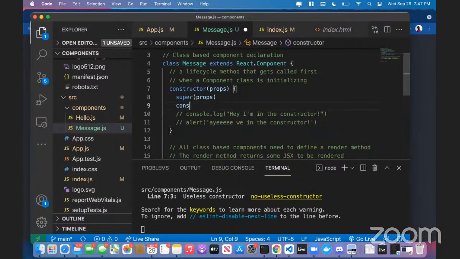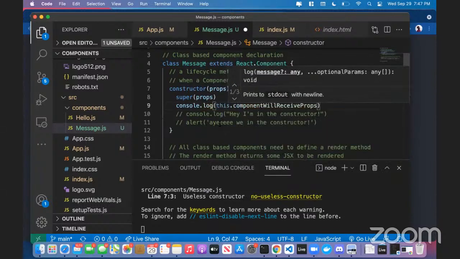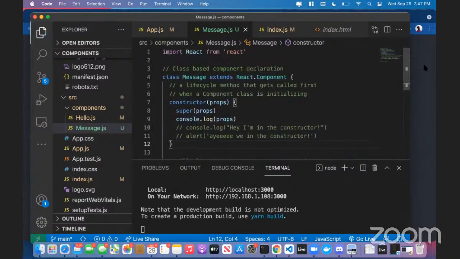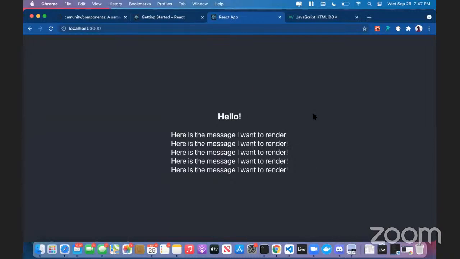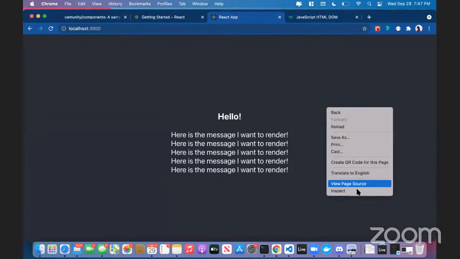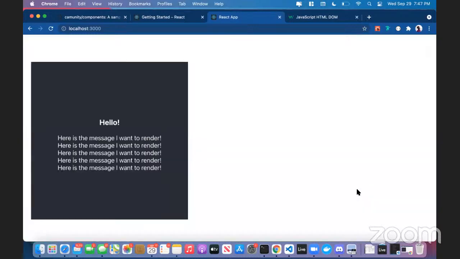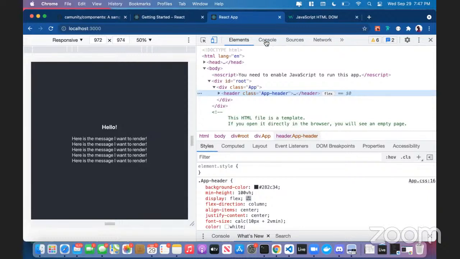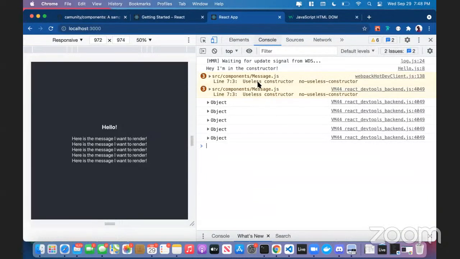I could also do something simple like console log the props. So let's just do that and see what comes back in our message component. Nothing's changed in our app.js, but if we inspect this now and go to the JavaScript console, we see our, hey, I'm in the constructor console log from the hello.js. And then